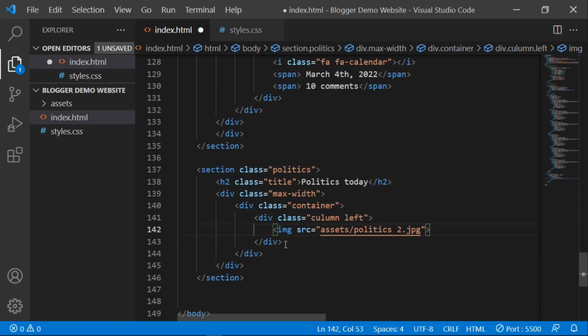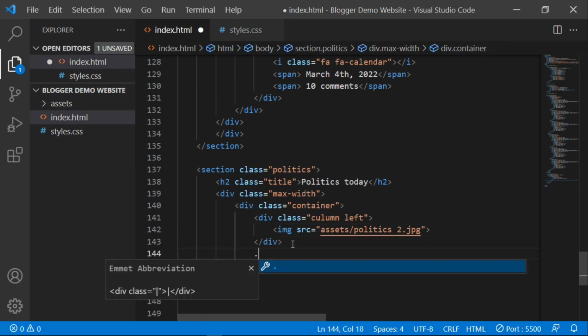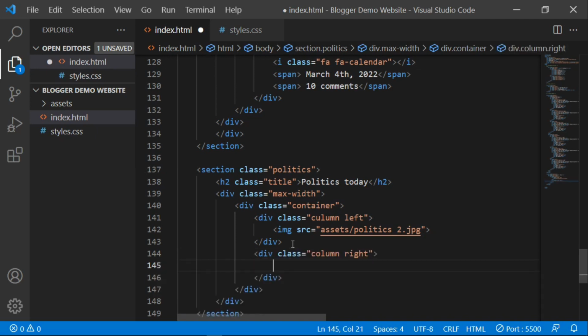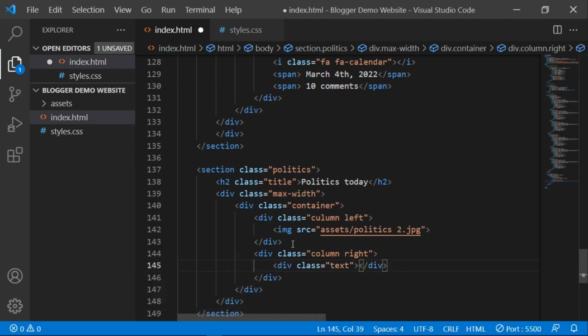And then again, let me create another class here for column right. So let me say dot column right. Is that the spelling for right? I don't know, let it remain the way it is. So in this column right, guys, I'm going to use a text class. I'm going to give it text, and then inside this text, I'm going to say